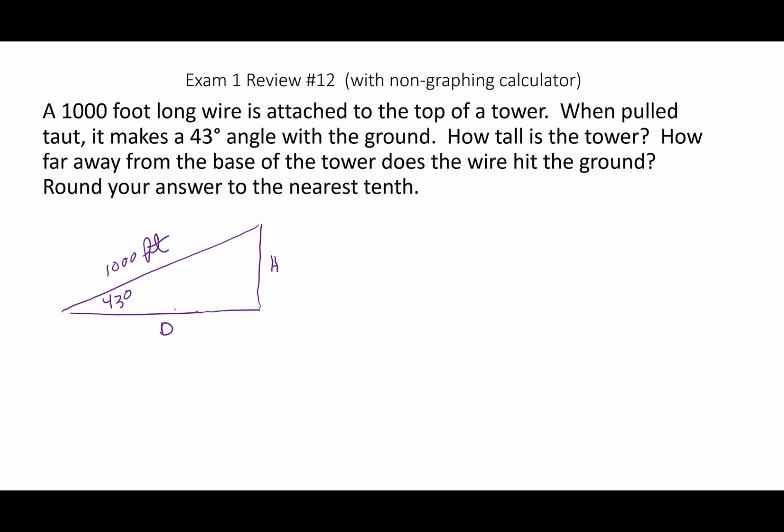Okay, so what have we got going on here? What do we want to find first? Let's find maybe the height first. So to find the height, we have a right triangle here. And looking at that 43-degree angle, we need a trigonometric function that uses the opposite and the hypotenuse. So that would be the sine. So the sine of 43 degrees is going to be equal to h over 1,000. If I multiply both sides by 1,000, I get 1,000 times the sine of 43 degrees